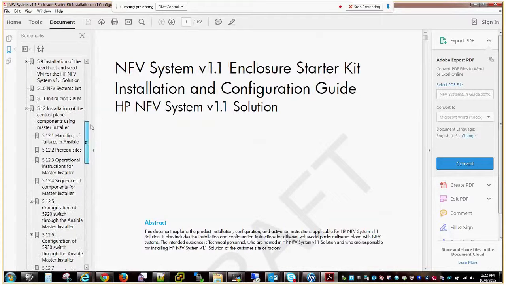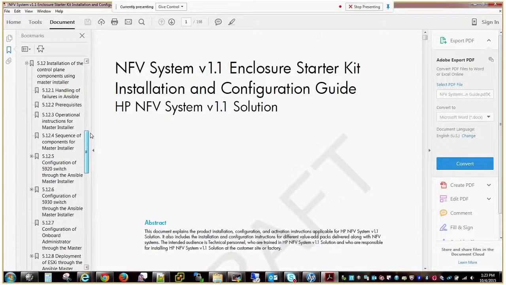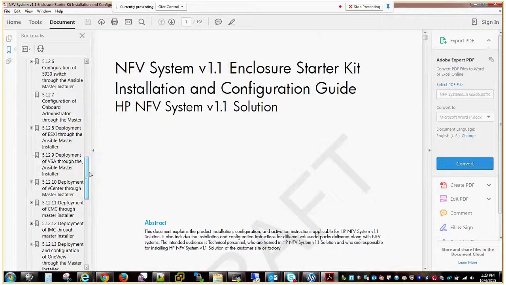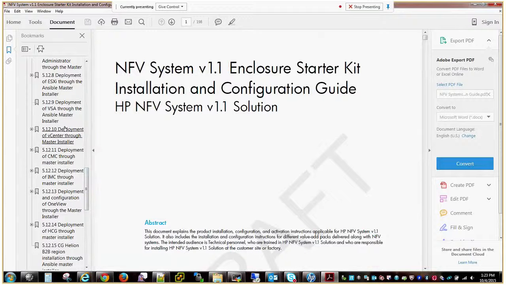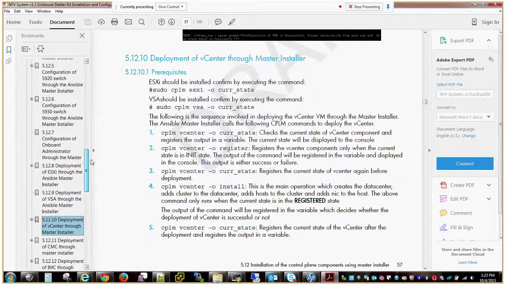Section 5.12. Okay. Now if you open section 5.12,